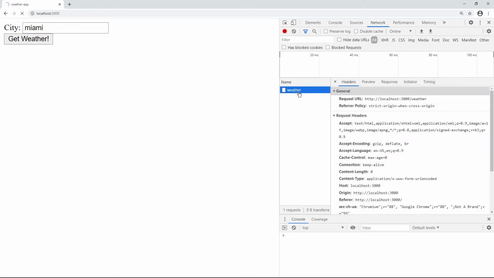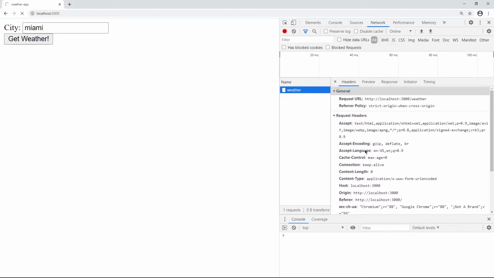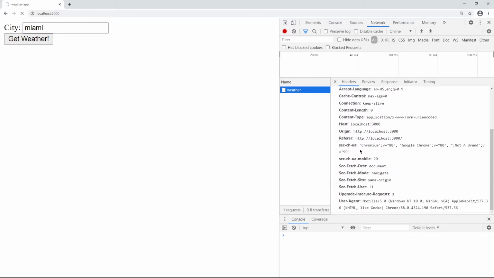It's pending. Okay, now we see that this was sent. That's nice, but the reason it's hanging is because I actually haven't responded back. But you can see that it says that we hit the post weather endpoint. So let's come back here.